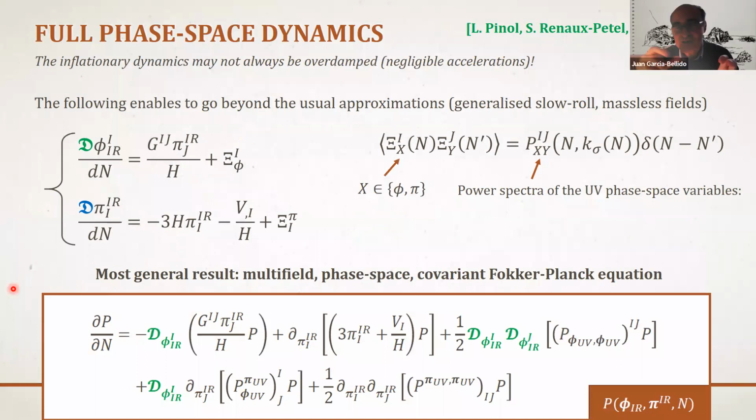So the question is, can we covariantize in phase space, not in field space, but in phase space, so that we could write a Fokker-Planck equation in a super covariant way, including the phase space? That's exactly what we did. This is fully phase space covariant. So in the 2n dimensional space, this equation is a full phase space covariant Fokker-Planck equation.